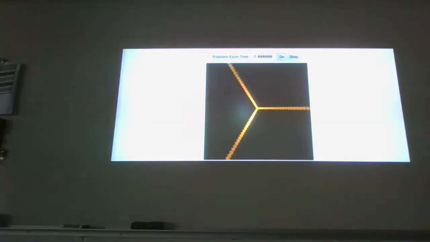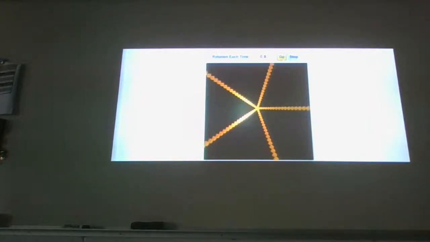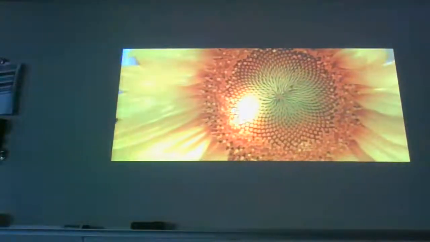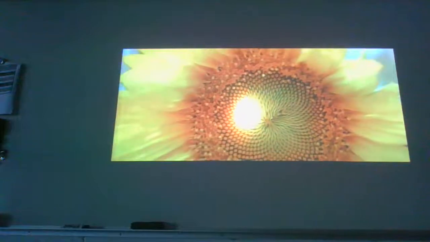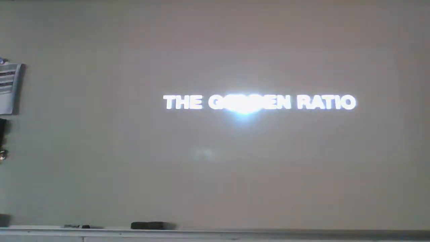120 degrees gives you 3 lines, 144 degrees gives you 5 lines. There should exist some angle, some number of turns that, if properly executed, produces a pattern of seeds that is closely packed together with no gaps between them. Something like this. This seems more natural to nature, right? The number of turns needed to produce a spiral design like this is, well, the golden ratio. 1 seed placed every 1.618 turns, or every 137.5 degrees. This is known as the golden angle, and it is seen throughout all of nature.